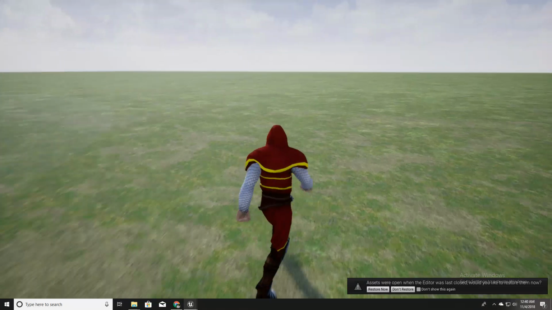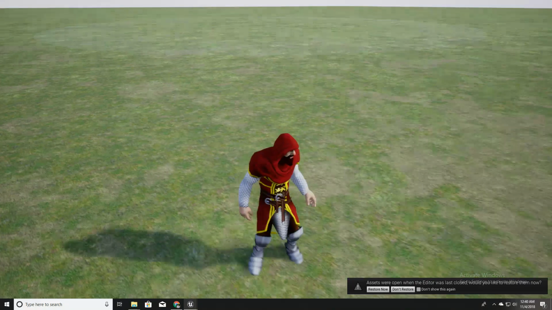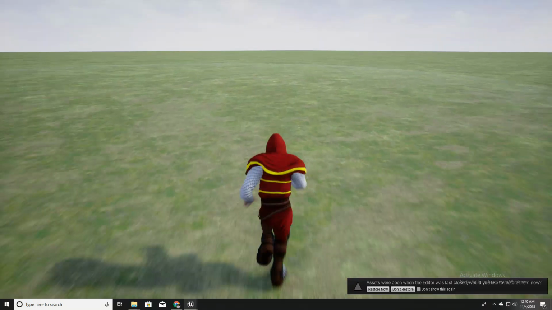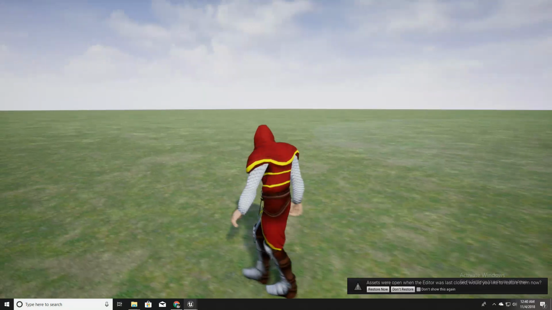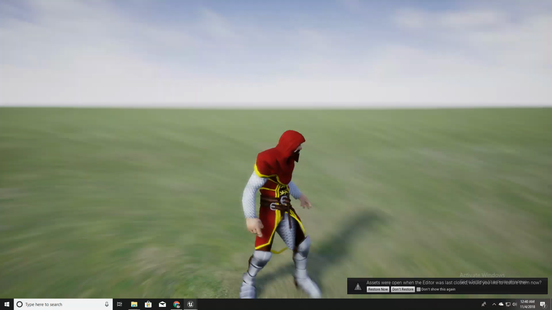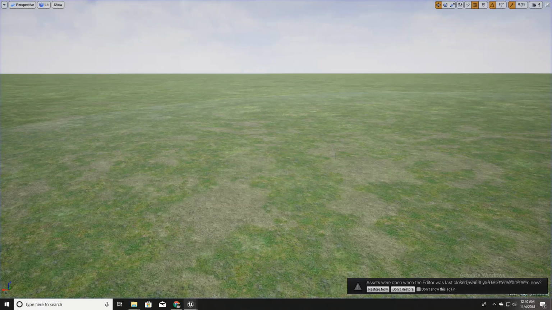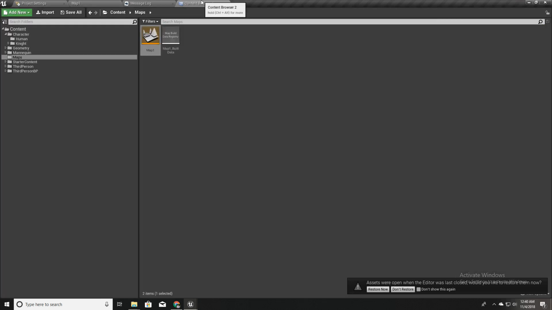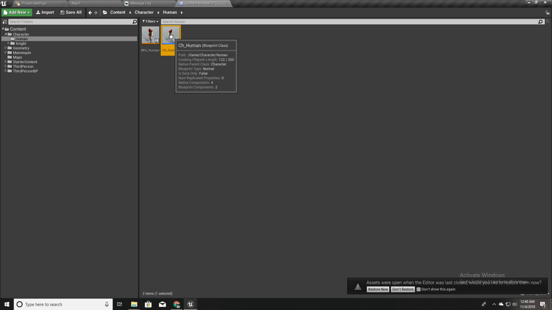So now we have this character with the ability to move and look around, and as I promised, in this episode I'm going to show you how to give this character the ability to jump and play some footstep sounds. So let's get started. For the jumping part, I'll first open the blueprint of this character, which is CHL,